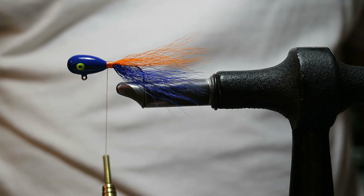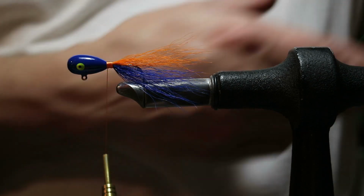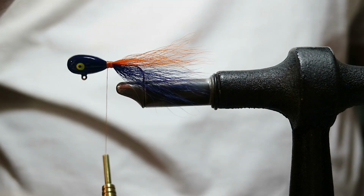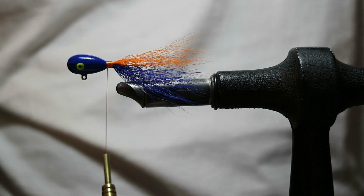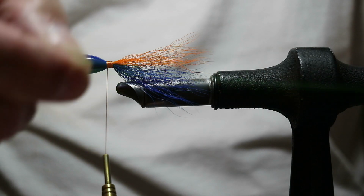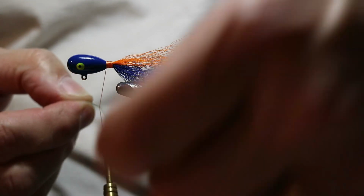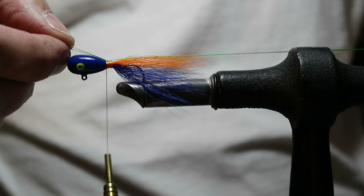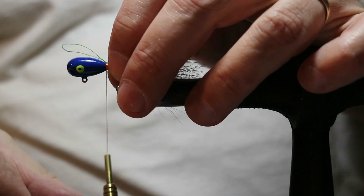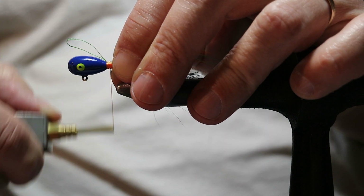Here we go, I can let go of it. I have a different color thread. This is probably about almost 2 feet, not quite maybe, worth of thread. I fold it over on itself to make a loop, and I place the loop underneath the thread from my spool and place it on top of the jig, and now I can walk a few wraps